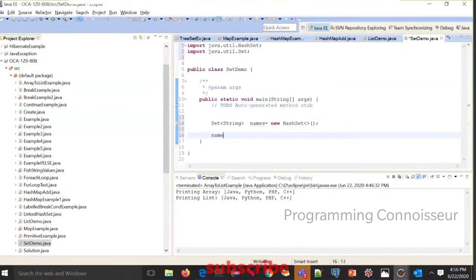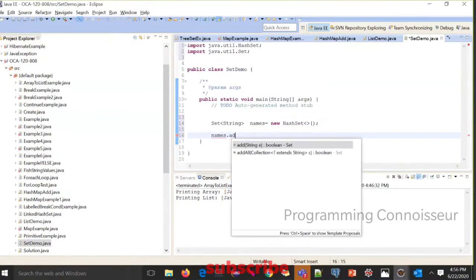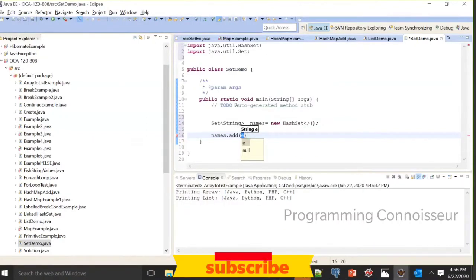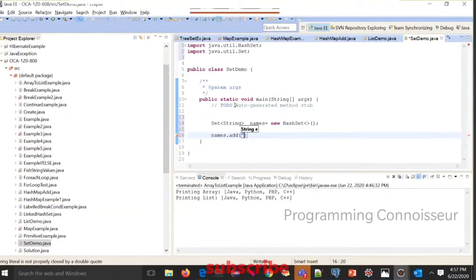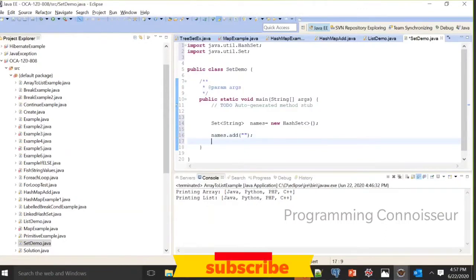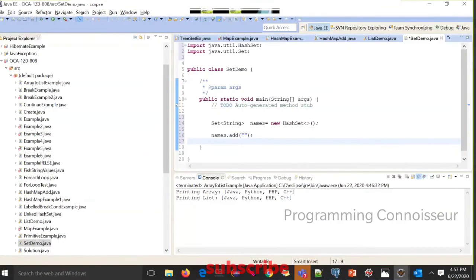So names dot add, because it is there in collection. I don't want to learn much. I know the collection root interface methods. Yes, I want to add a string. Yes, that is my motto. So even non-Java persons, electronic persons, even front-end guys, you don't need to fear. What is collection? Is it so big?